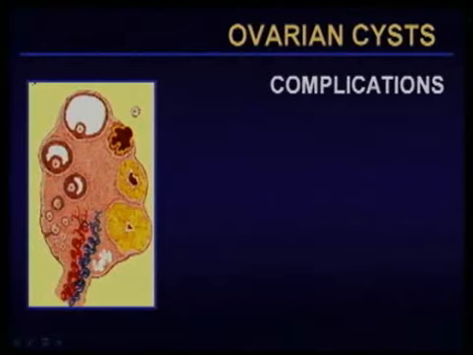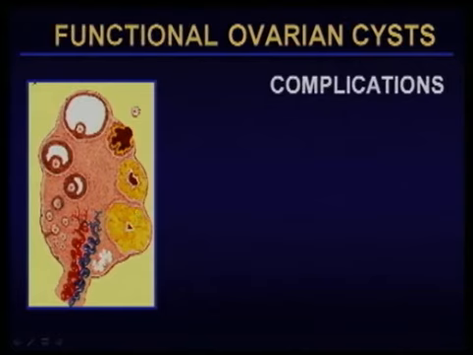Now, sometimes the cycle doesn't continue normally. You may fail to ovulate, you may fail to involute a corpus luteum, or you may hemorrhage into it, in which case you may end up with what we call a functioning ovarian cyst. And the word functioning implies there is an excessive amount of hormone in the neighborhood, progesterone or estrogen, for the corpus luteum and the follicle,